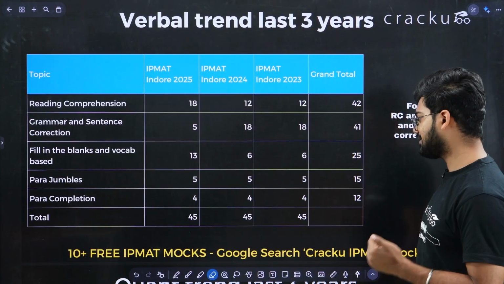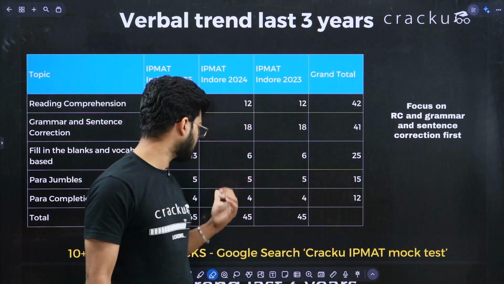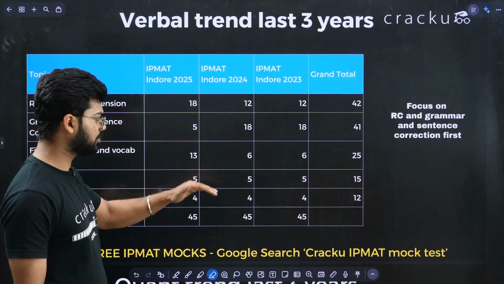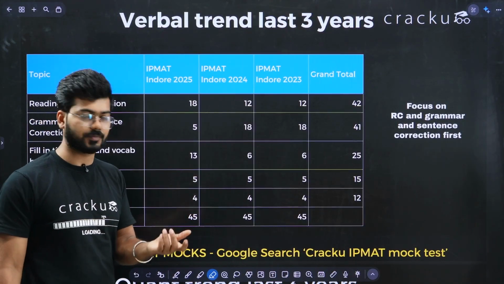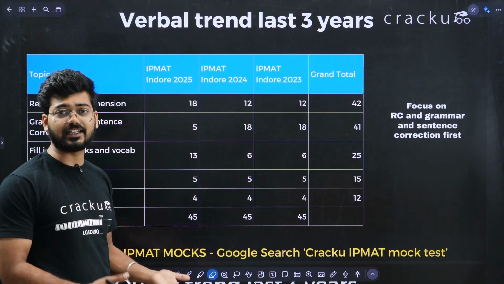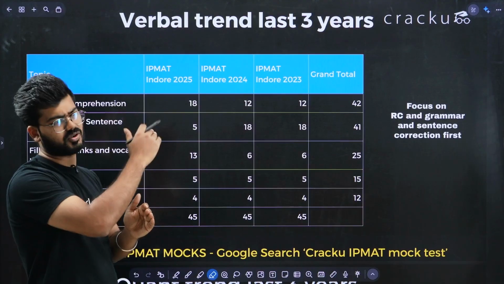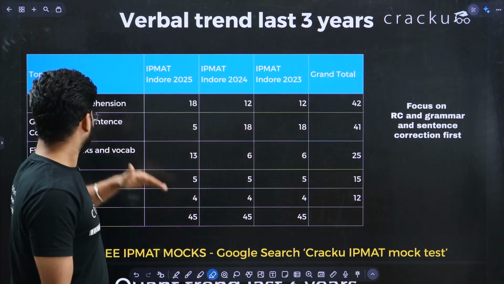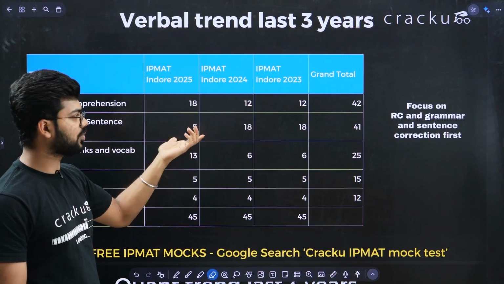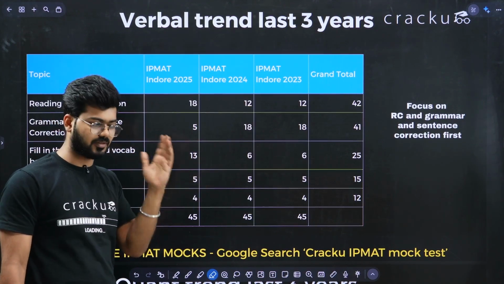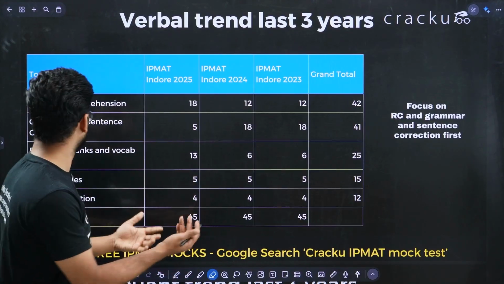Also, one insight here is that para jumbles are coming consistently, right? 5 questions are coming consistently over the last 3 years. But the thing is, in para jumbles, sometimes you cannot be so sure. Okay, so what is the key takeaway? Sometimes you are confused whether this is the order or that is the order. But the key takeaway is, if you practice reading comprehension well, reading comprehension also works on rule based things, like you get an intuitive sense after practicing multiple questions. So that is the thing.